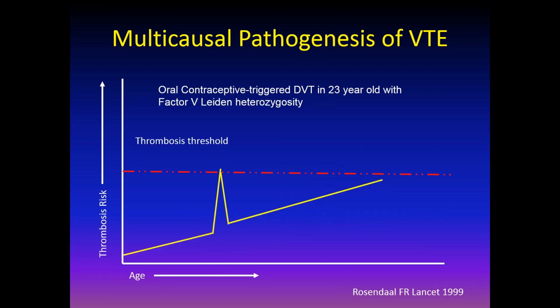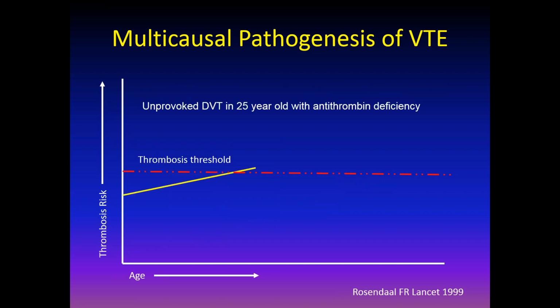Here's another hypothetical example. You have a 23-year-old who happens to have factor V Leiden, so you see her risk is a little bit higher than in our previous example. Then she starts an oral contraceptive in those first few months. On the oral contraceptive, her risk rises above the thrombosis threshold, and she suffers a thrombotic event. Once she stops the oral contraceptive and gets treatment, her risk goes back down, although it's still rising over time, because she still has the ongoing risk factor of factor V Leiden, but is no longer above the thrombosis threshold.